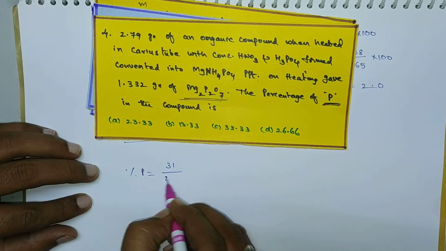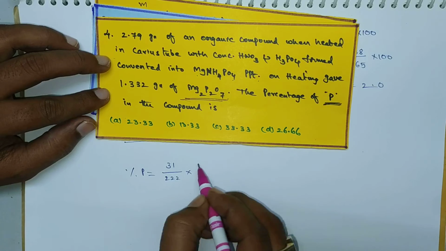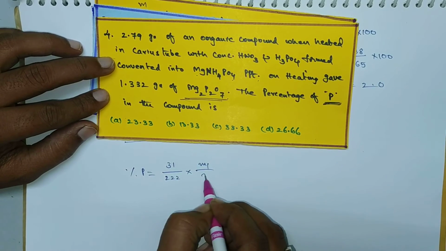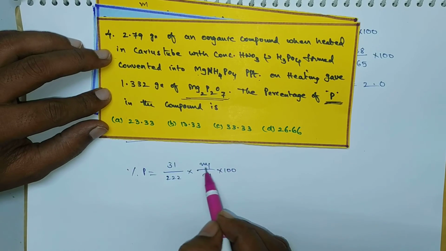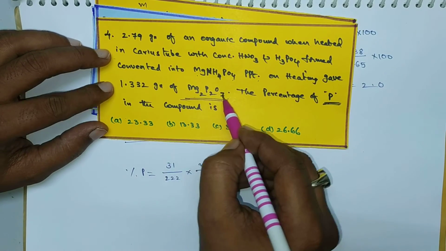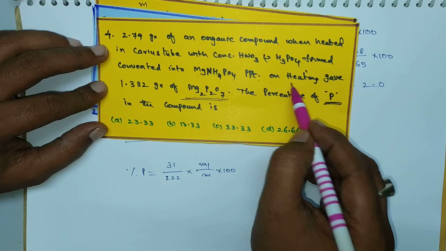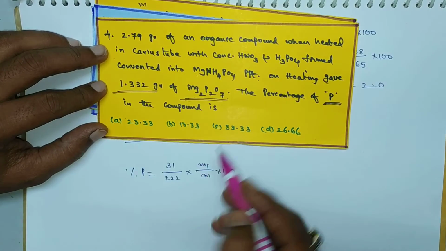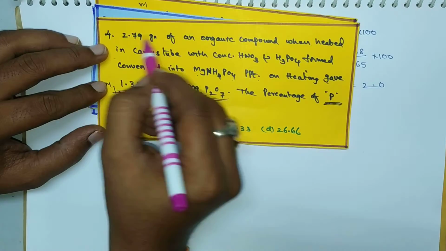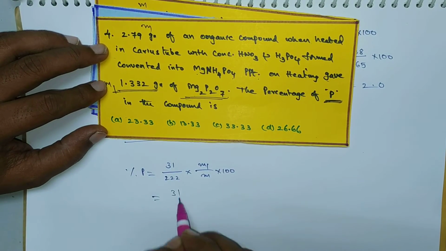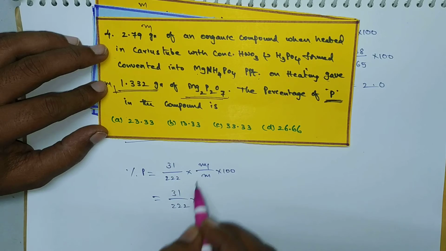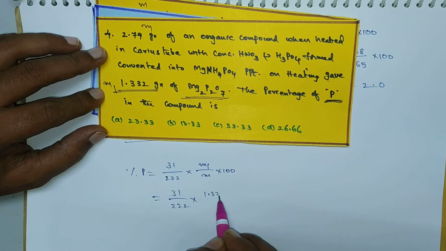So 222 into m1 by m into 100. Here m1 means the mass of the magnesium pyrophosphate obtained, and the organic compound is m. So we write 31 by 222 into m1, which is 1.332, divided by